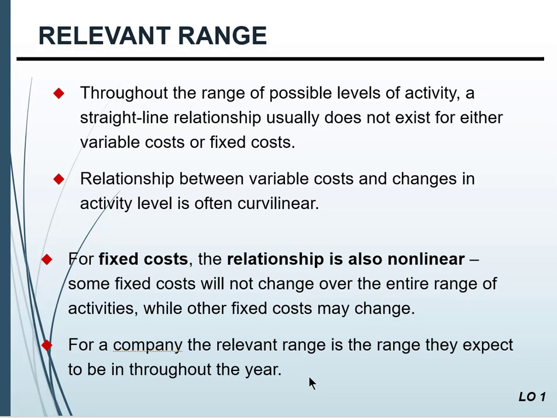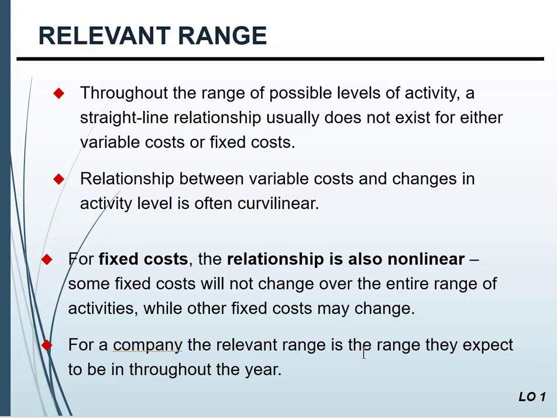So then the relationship between variable costs and activity level, again, it's a curvilinear function, right? So we're going to have to understand that relationship in that range, right? For fixed cost, again, the relationship also is not linear, right? It's curvilinear,